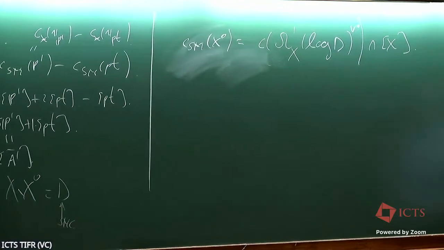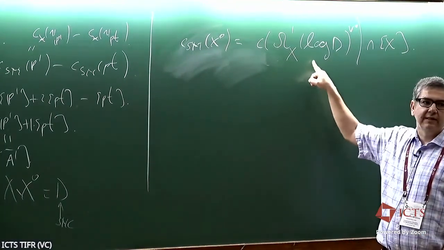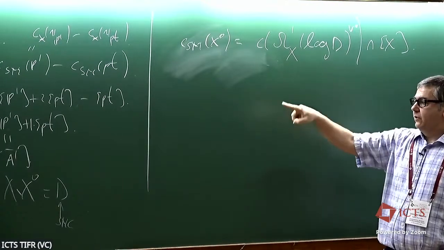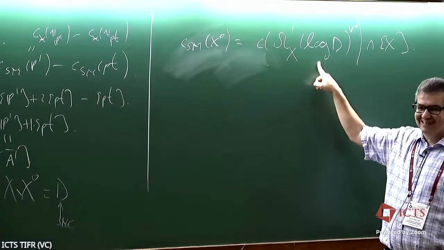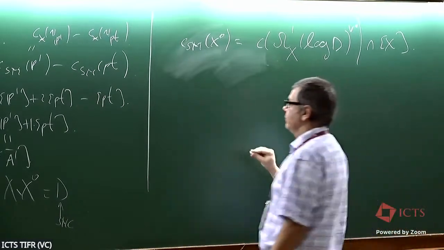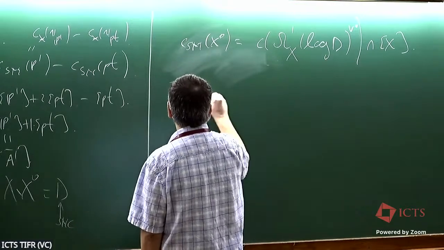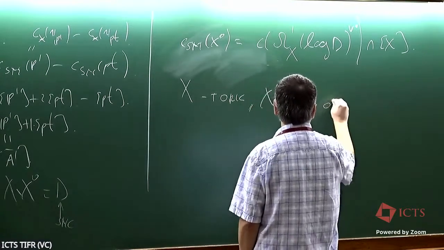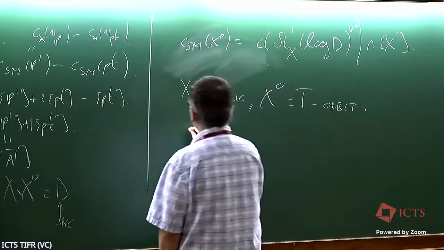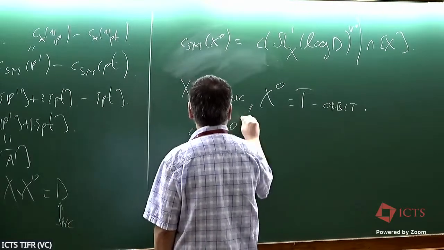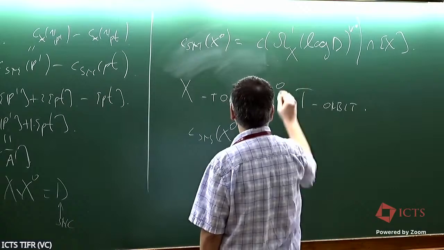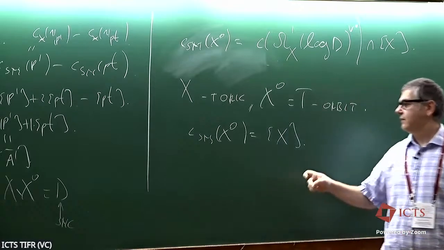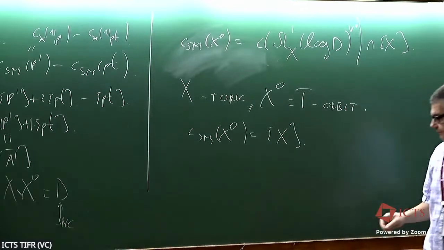And you have to homologize everything. So in particular, in some nice situations, you'll understand this very well. For example, in the toric varieties, and if x0 is the big torus orbit, this is trivial. So if X is toric, and x0 is the big T orbit, then according to this formula, because these differential forms with logarithmic poles are trivial, it's a trivial bundle, and the CSM class of x0 is just the fundamental class of X. It's very easy.